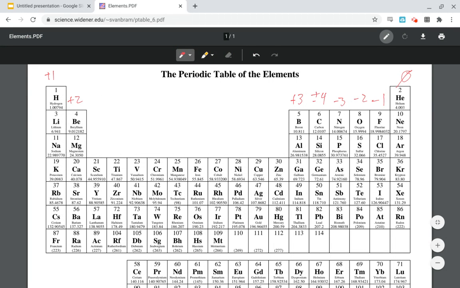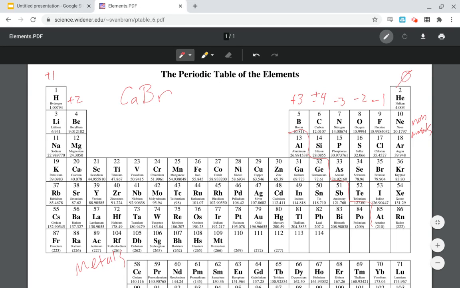So let's go back to the periodic table. We've got this little dividing line here that, generally speaking, things on the left side of the periodic table are metals, and things to the right hand side of the line are non-metals. Right? So if we wanted to write the formula that's formed between, say, calcium and bromine,